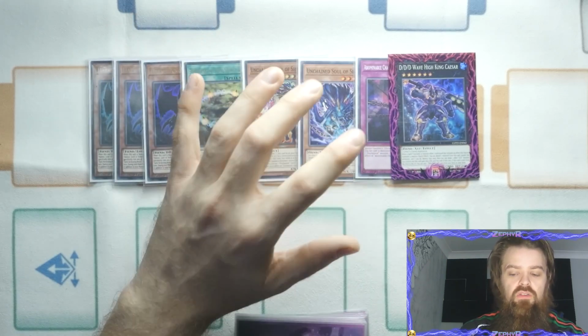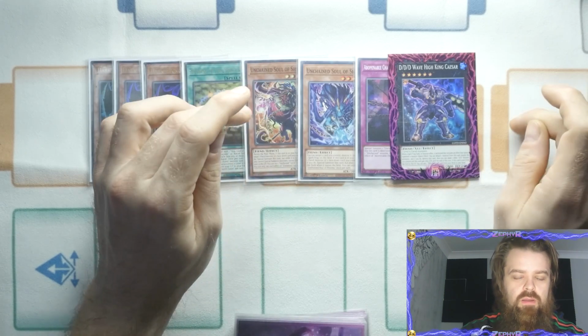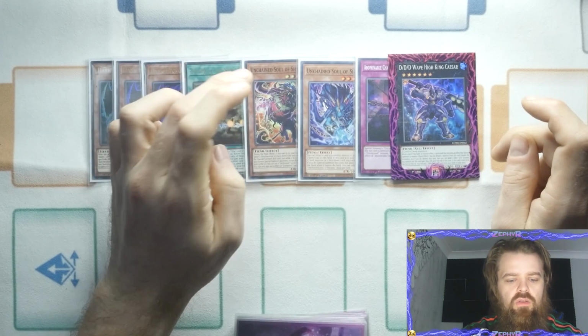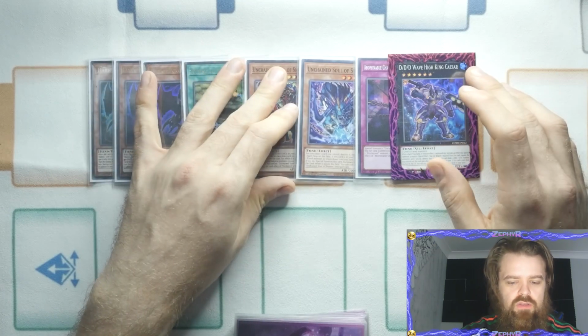Then what you're doing here is you're using your Grave Squirmer to bring back, I think it's Spirit of Yubel. You use Shavara to pop the Spirit of Yubel. And the idea is what you're trying to do...